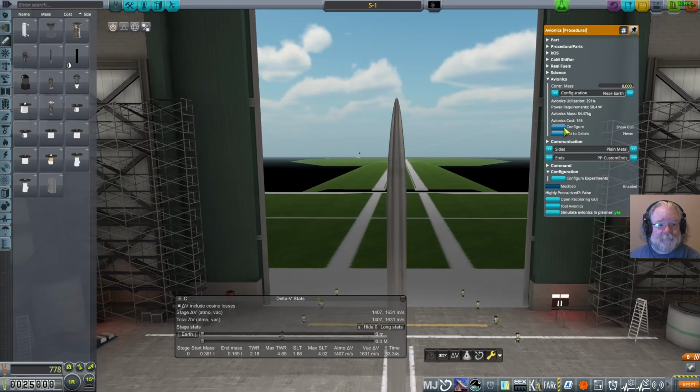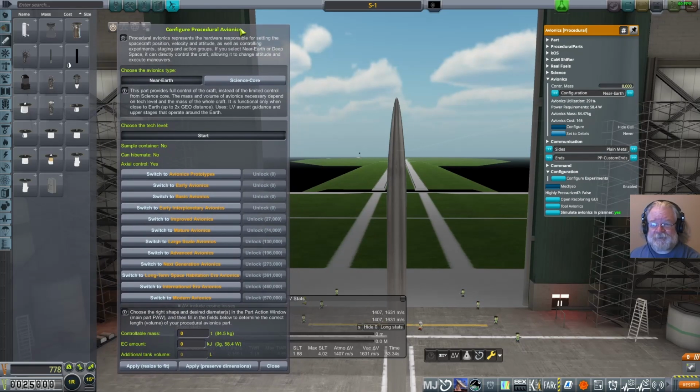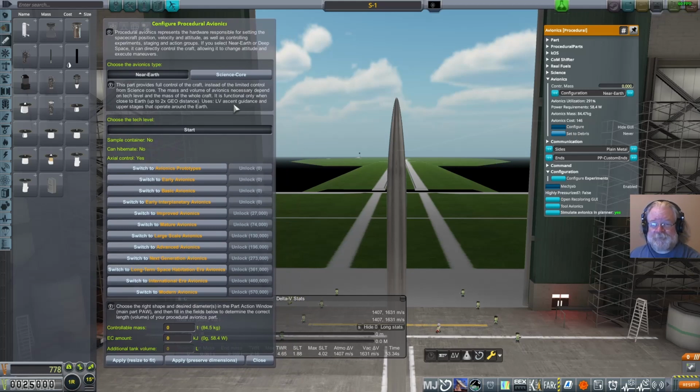This window is the one, remember we turned off one of the windows that automatically always comes on? That's this one. So we have avionics. We have two types of avionics we can have. One is full control of the craft. So if we had steerable rockets or steerable vanes on it, we would use this. Uses LV ascent guidance and upper stages that operate around the Earth. Okay, so